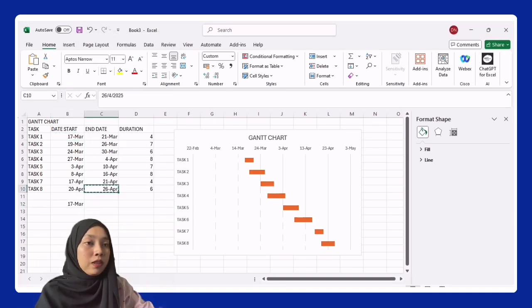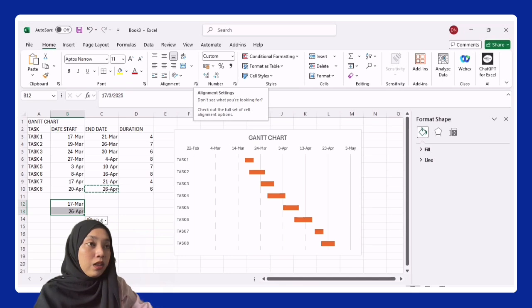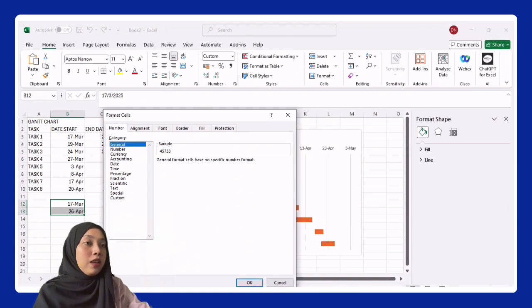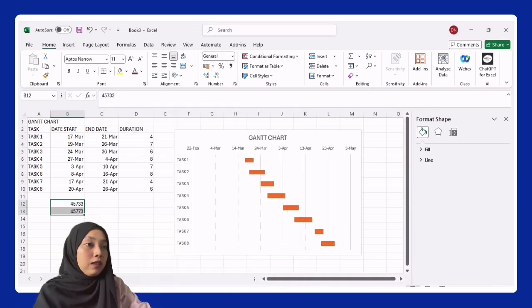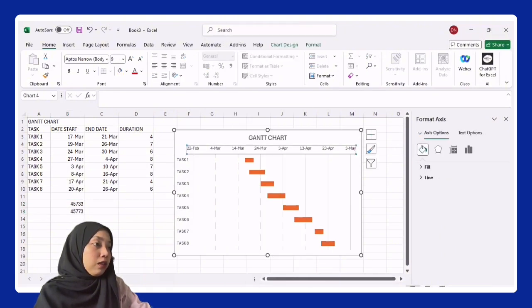So select this one, go to the small arrow on this side, go to the numbers and select general and click OK. So after that, we right click this one, the date, go to the axis option,